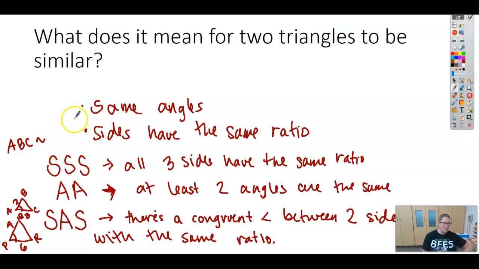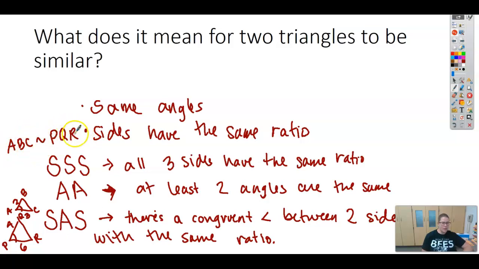and when I put the next triangle here, I have to have corresponding parts. So angle A here is the angle that they have in common, so it corresponds to angle P in the second triangle. And then B is the side that is shorter between A and B, right? So the shorter of these two sides that come away from that angle that's congruent would be PQ. So Q would come next. And then C and R are corresponding. So if I write this ABC and this little squiggly line and then PQR, that means triangle ABC is similar